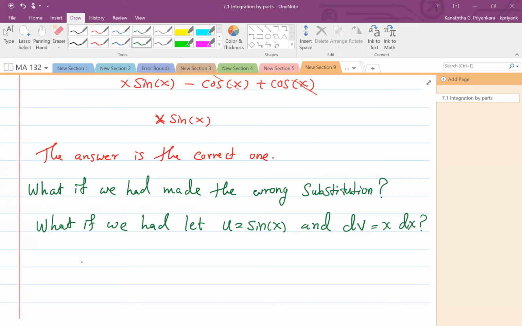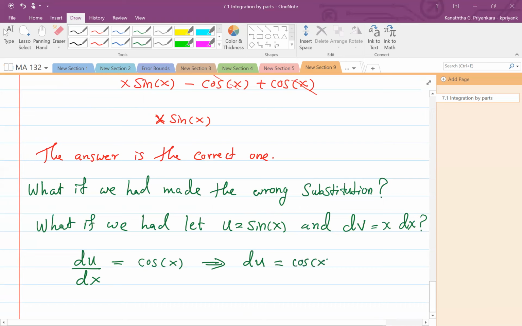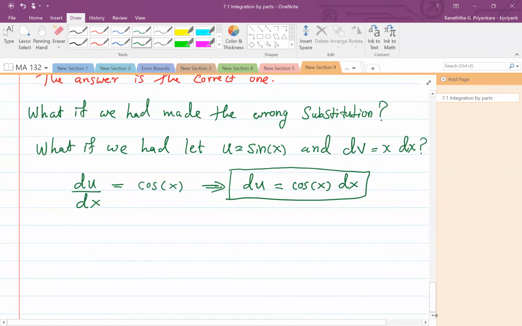So we will take du over dx. That would be the derivative of sine x, so we get cosine x. From this we can solve for du, that would be cosine x dx. That is our du. And remember we have dv. So since dv equals x dx, then we get,